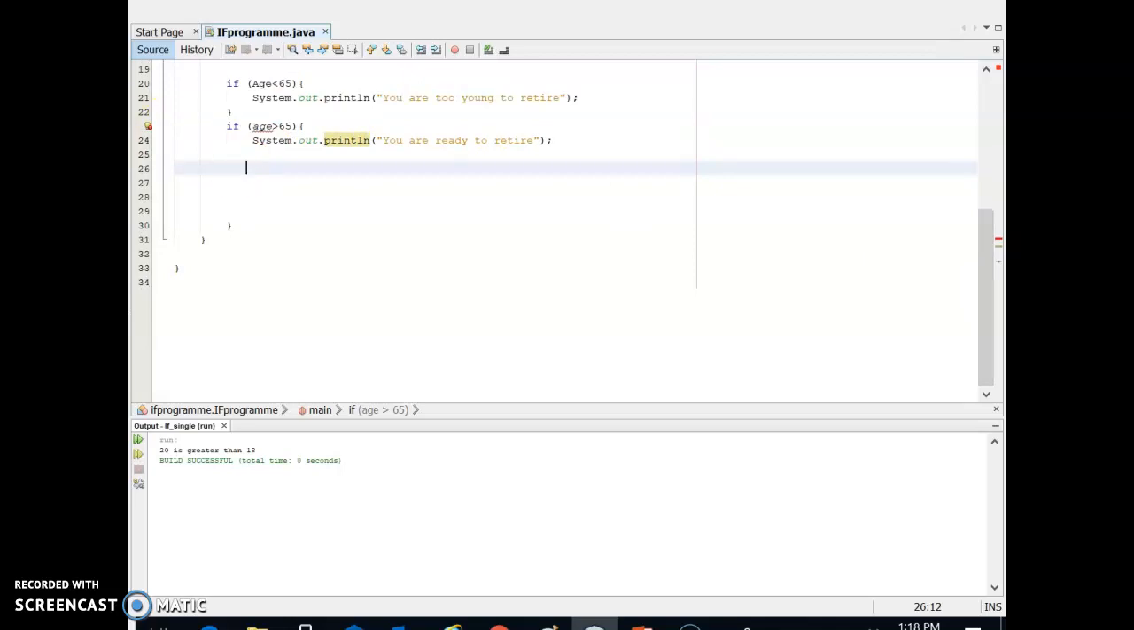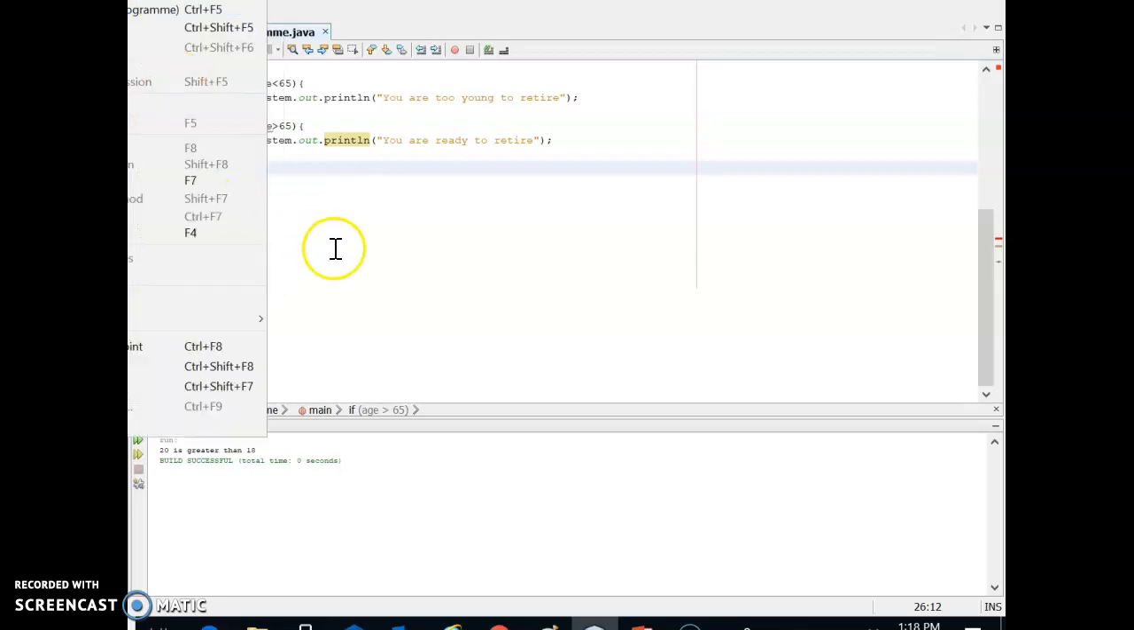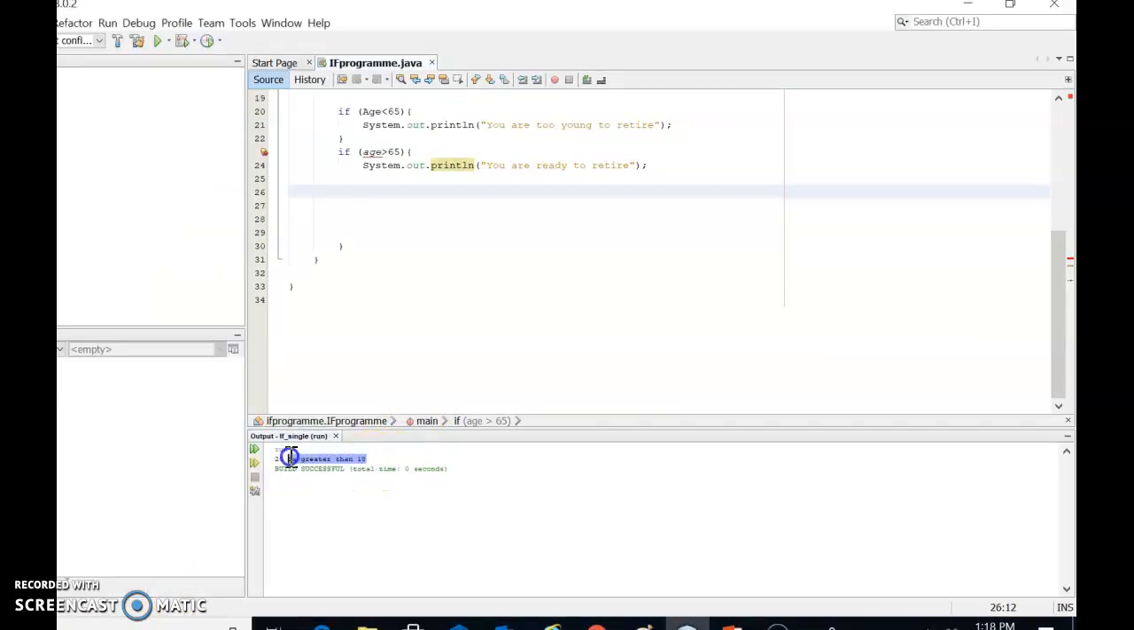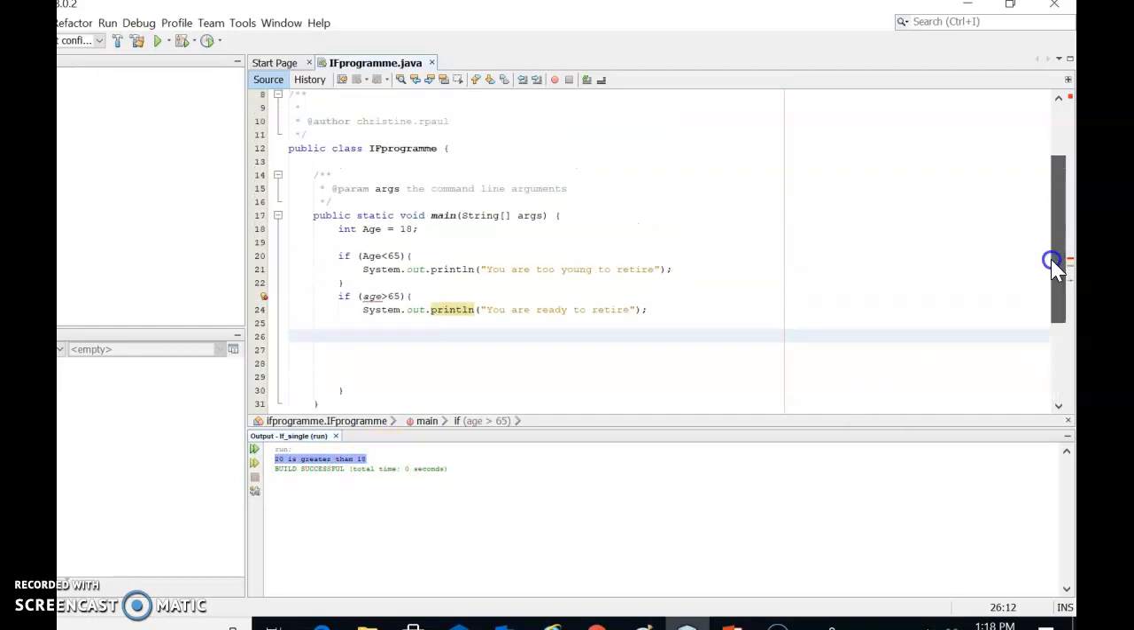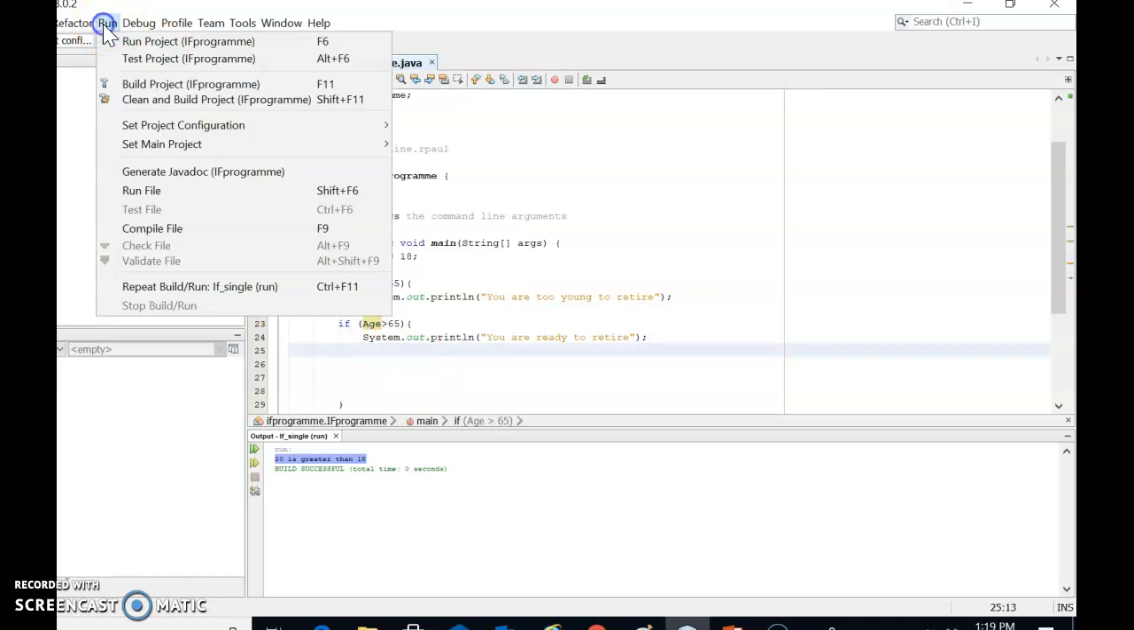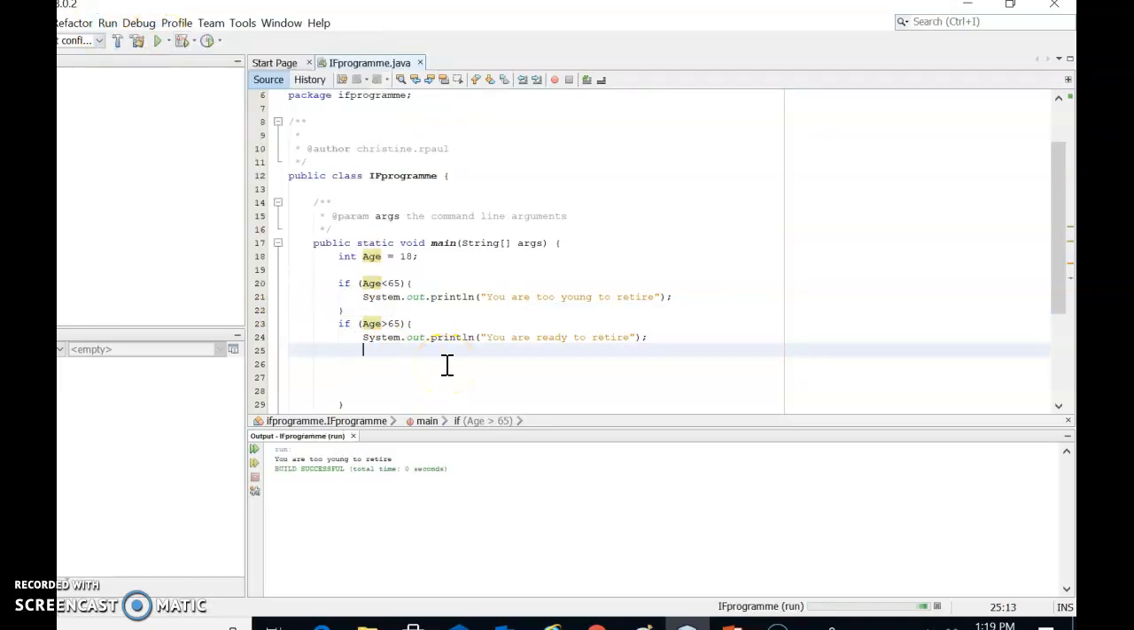Okay, let's run the program now. Okay, so once I have run the program, it says 20 is greater than 18. If you look into this statement here, it says the age is 18. So, sorry, I got it wrong. So when I run the program, it says you're too young to retire because it's 18 and it's less than